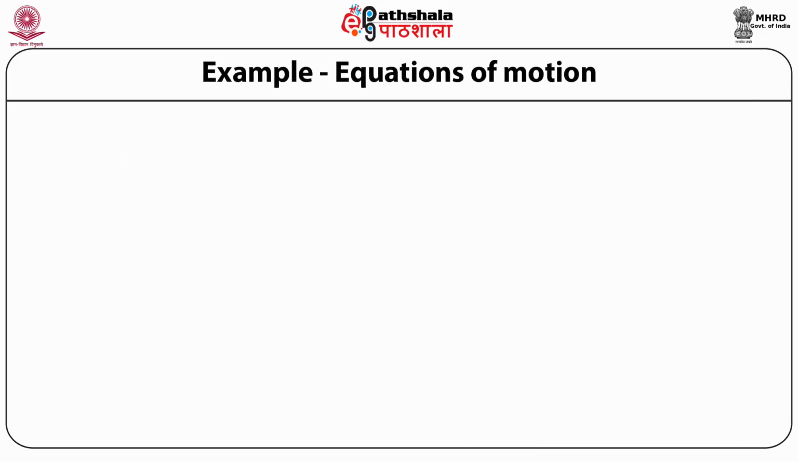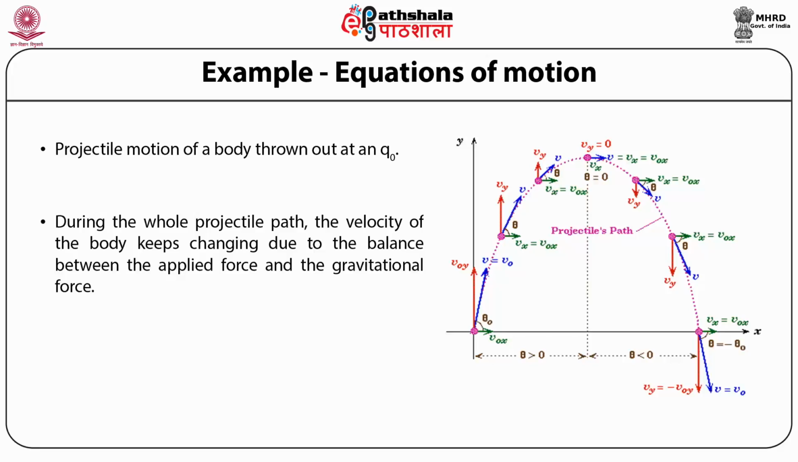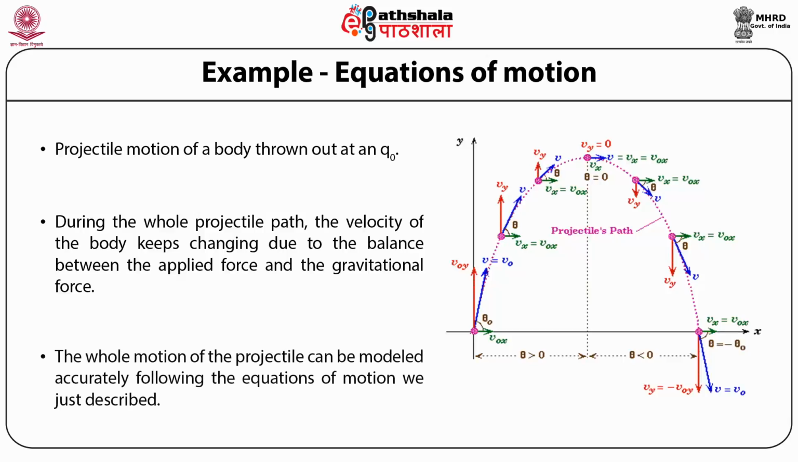As an example of equations of motion, here we saw the projectile motion. What is it? It is basically the motion of a body thrown out in the air at an angle theta with respect to the ground. So during the whole projectile path, which happened to be a parabolic path, the velocity of the body keeps changing due to the balance between the applied force and the gravitational force. The whole motion of the projectile can be modeled accurately following the equations of motion that we just described in